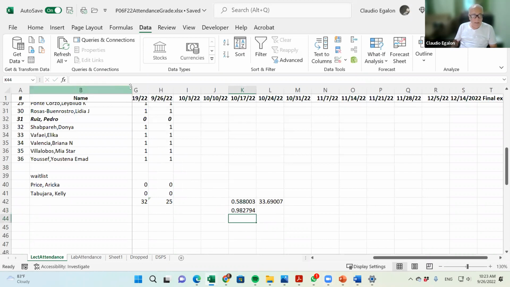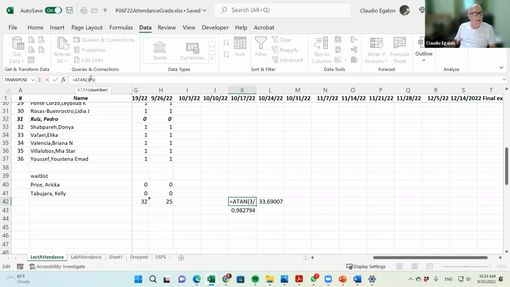Okay, I made a mistake here. Let me see. There's something wrong here. Yeah, we got a different value. Let me see what is that arcsine. This was supposed to be the same as this one. Okay, so what mistake did I make? Let's see here. Oh yeah, the mistake was here, right? Oh, nobody picked that up, right? The mistake was here. I put 2/3. It's not 2/3. It's 3/2. Now, okay, now we got the right answer. See that? Nobody picked up on that, huh?